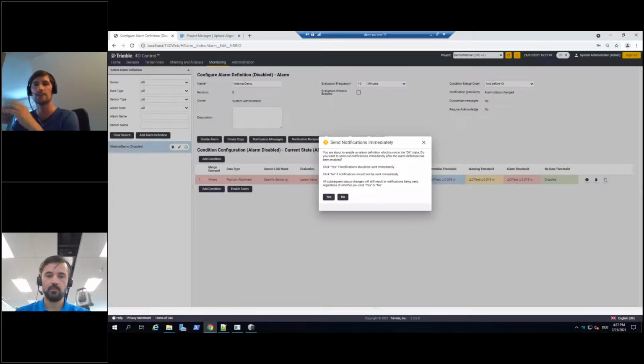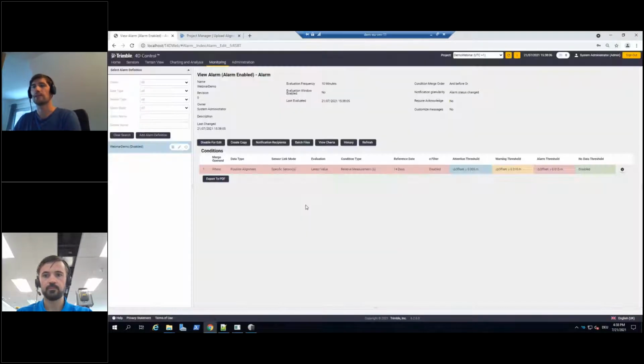Then you do some modifications, and then when you enable the alarm again, it would theoretically immediately send out a notification to all of the alarm recipients. Now you have the possibility to suppress these notifications. If you say yes, they will be sent immediately, and if you say no, they won't be sent. So this way you can avoid that an alarm notification is sent out twice, for example. And if I now go back to my maps page,